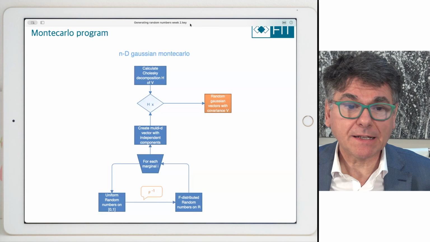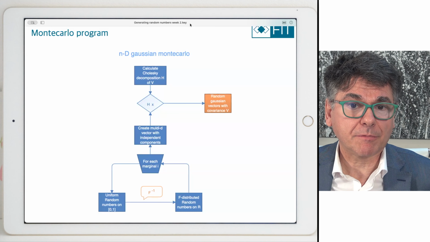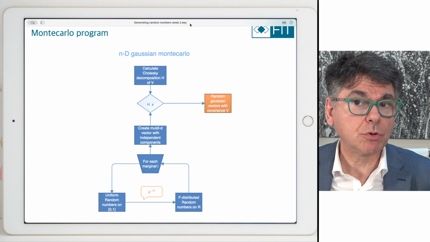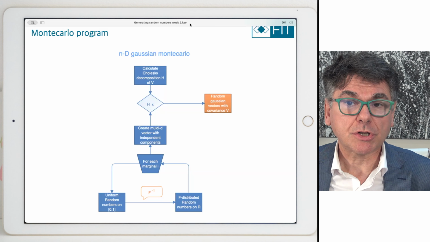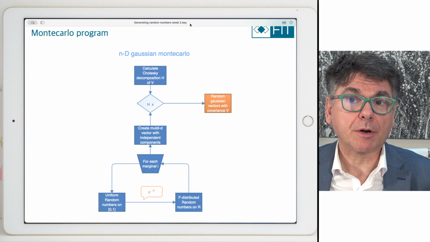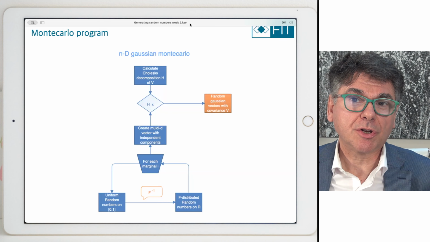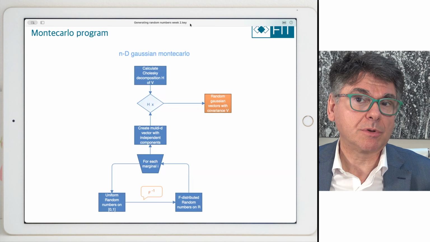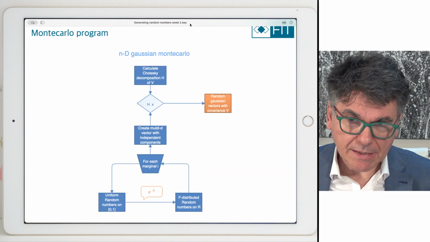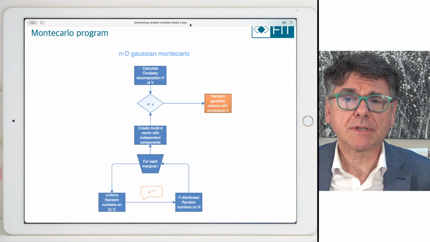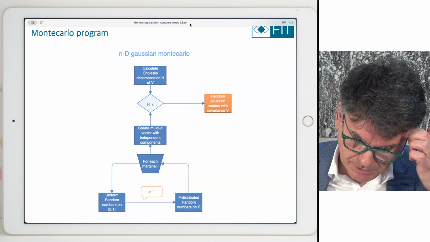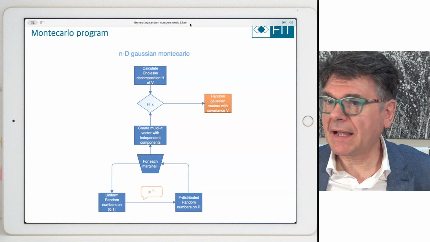Now, this doesn't affect anything that I'm telling you here. The algorithm that you have in front of your eyes is the same, but when it comes to the generation of uniform random numbers on 0, 1, if instead of uniform they are pseudo-uniform, it's better. Your sampling for your Gaussian variable will be better in most applications. Credit matrix, for example, we saw we had to do sampling, better do it like that. If you're going to generate scenarios, for example, risk matrix, you do it like that. Every time you have to do sampling, you do it like that. That is how that works.